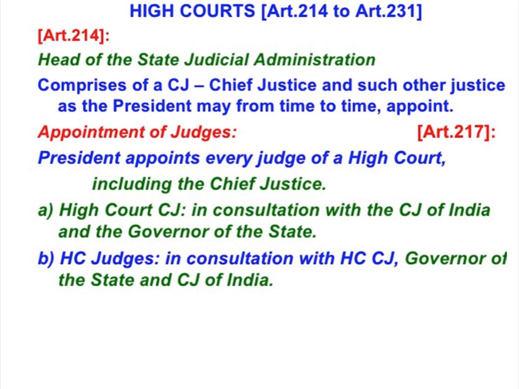Articles 214 to 231 in the Indian Constitution talk about the High Courts, their organization and powers. The Parliament can also provide for the establishment of one High Court for two or more states. For instance, Haryana, Punjab and the Union Territory of Chandigarh have a common High Court. The northeastern states also have one common High Court. In addition, Tamil Nadu shares a High Court with Puducherry. Currently, there are 25 high courts in India.